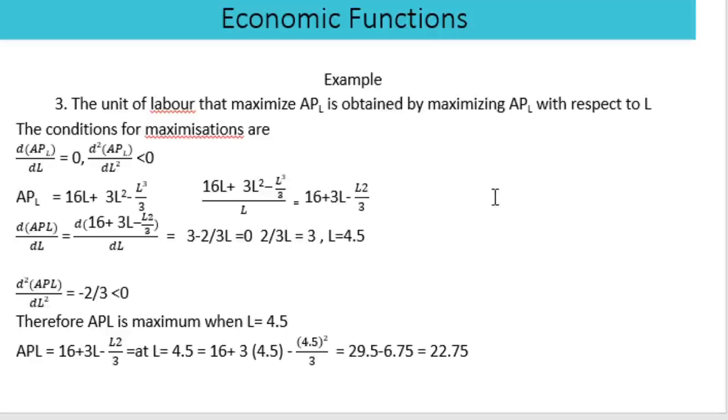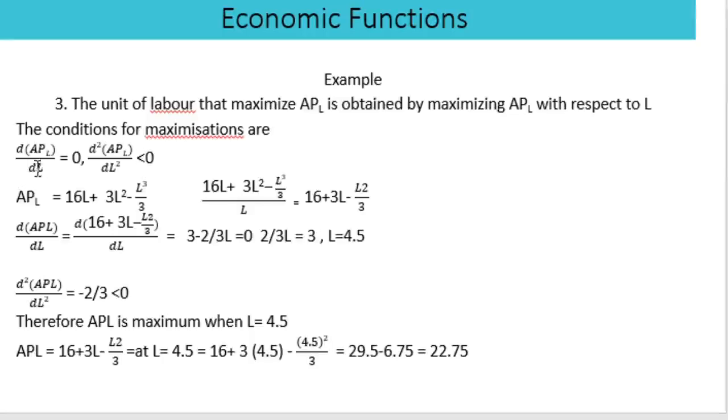25. Then the third question: the unit of labor that maximizes average product of labor is obtained by maximizing APL with respect to L. Here we want to find the maximum value of APL and the value of L at this point. Therefore the conditions are first order condition equal to 0, second order condition less than 0, then find the differential